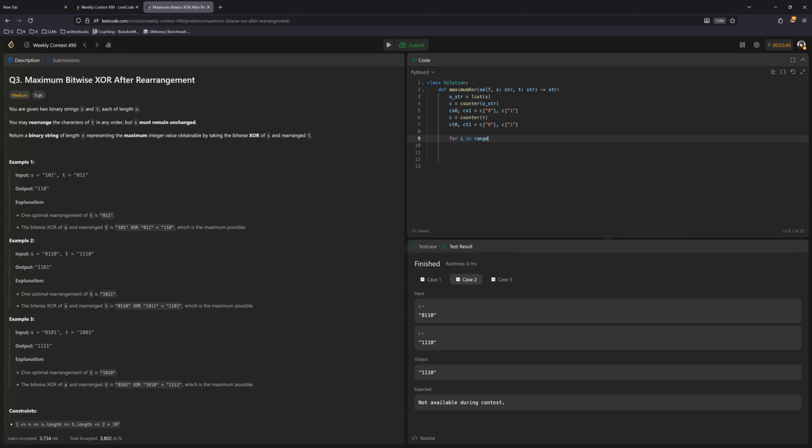So for I in range length O. Okay. If OSTR of I equals 0,